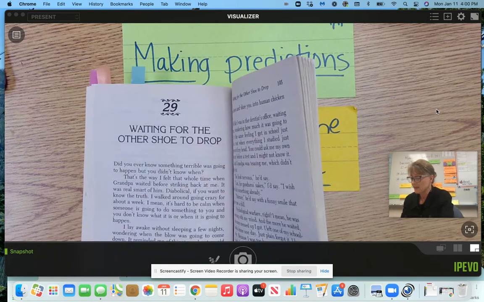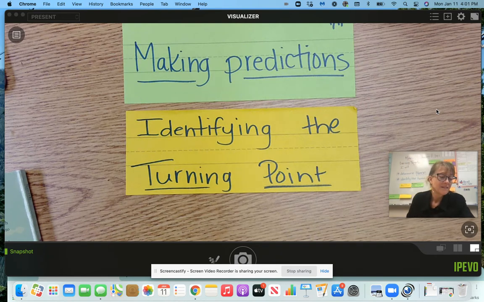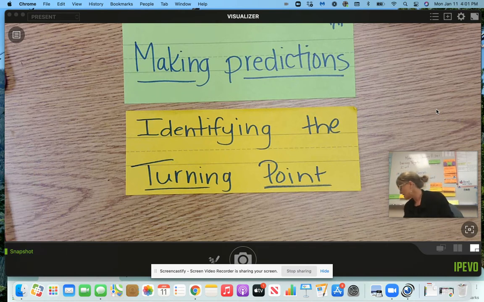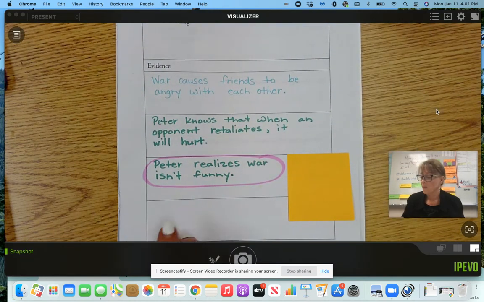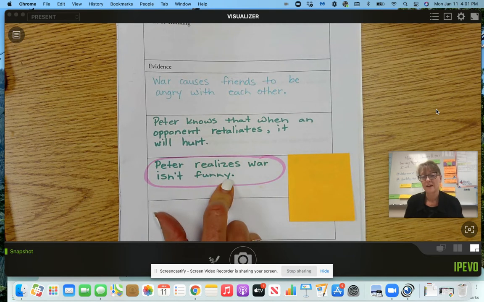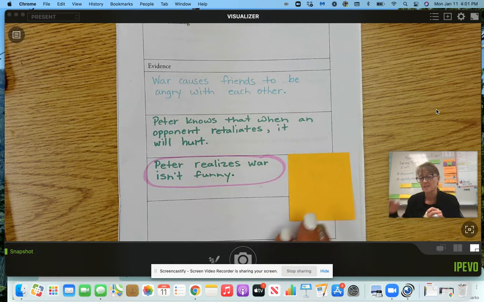And Peter no longer thinks that war is funny, right? He came right out and said it. I didn't think war was funny. It's not something to mess around with. You don't go to war with family. And he thinks that the war is no longer a thing you do with family. So when the book says Peter realizes war isn't funny, we need to write that down. We're going to circle it and identify that as the point in the book where,